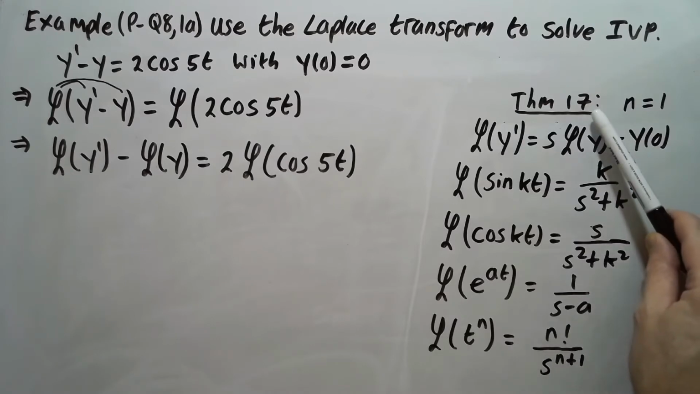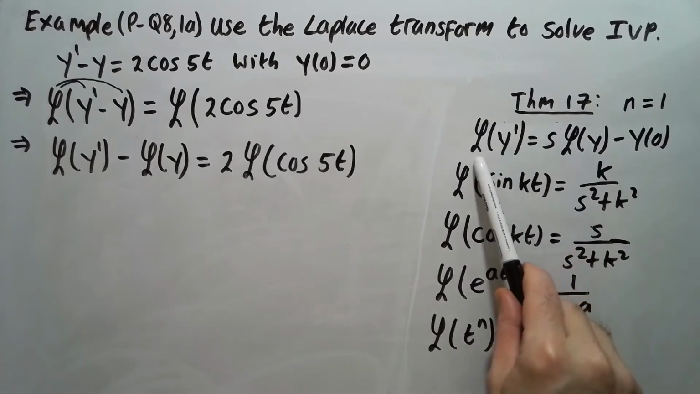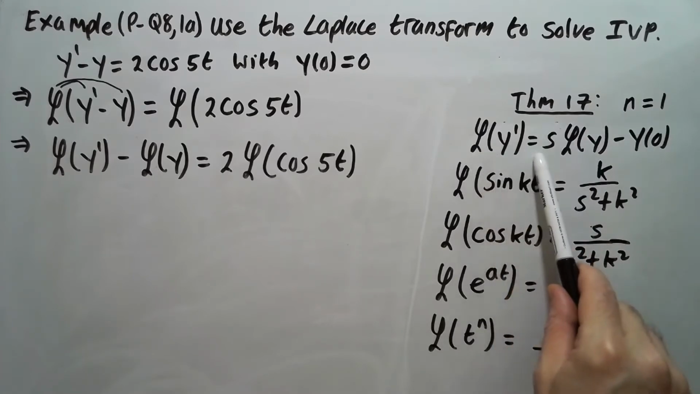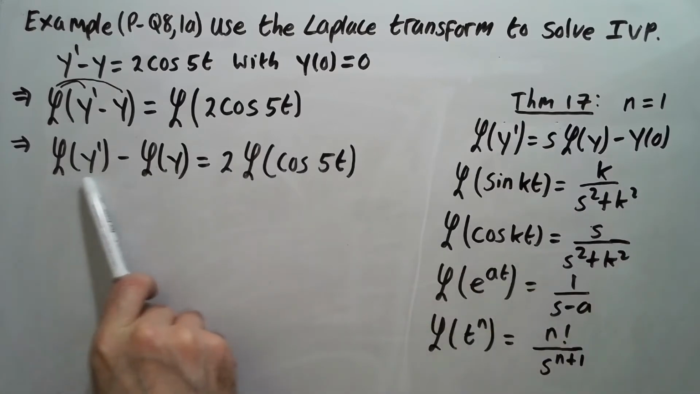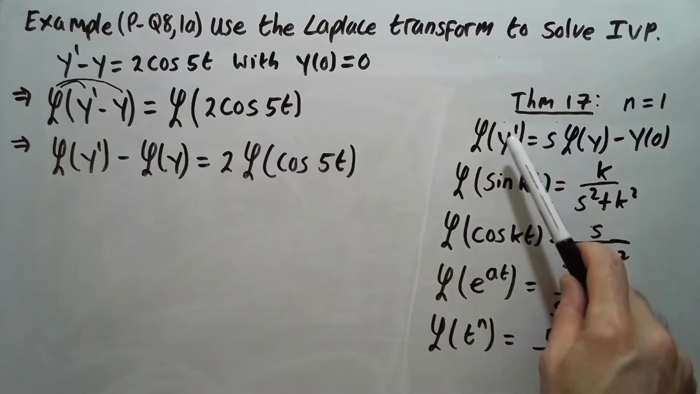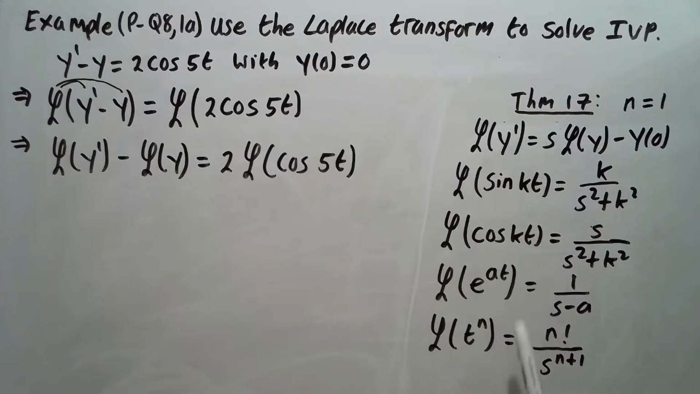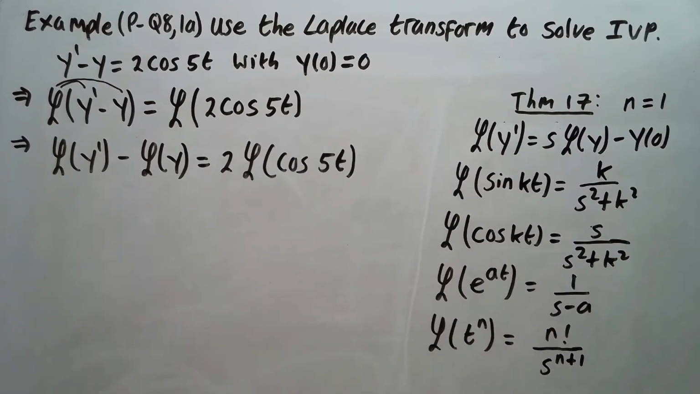Now if you look at Theorem 17, when n is 1, it reduces to this, the Laplace of y prime equals s Laplace of y minus y0. I'm going to apply that right here. And then we've proven that the Laplace of cosine of kt is s over s squared plus k squared. This was some theorem, I forget which one. We've proven all these properties. But we're going to be using the cosine guy here. Looks like the k is going to be 5 and theorem 17 here. So doing that, we get then